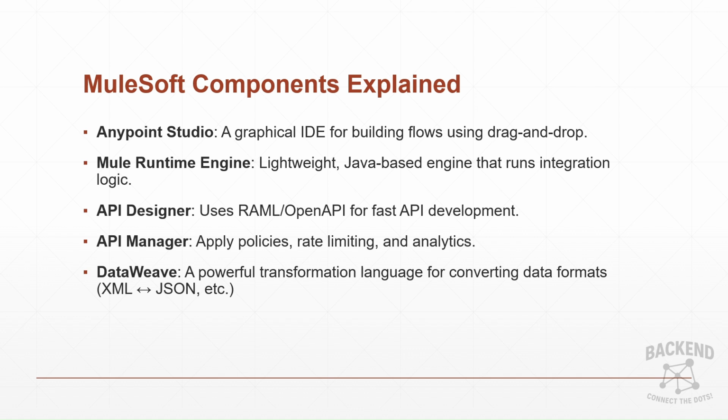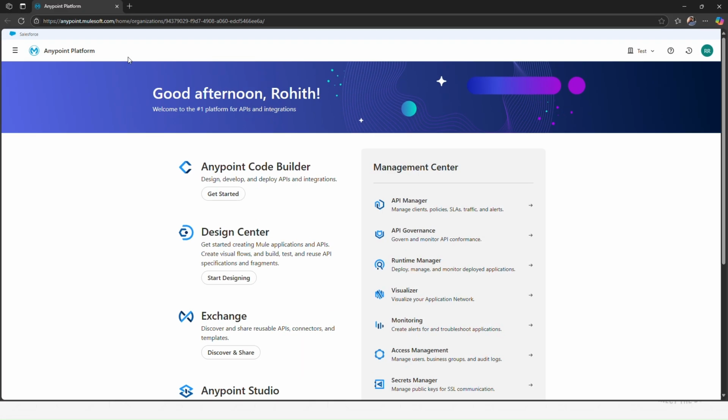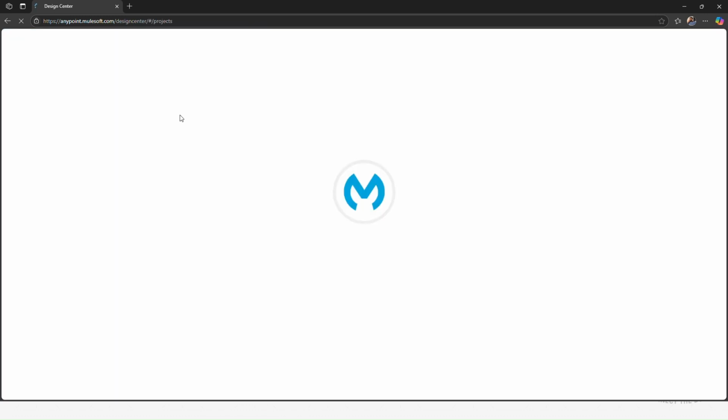or compile your application. Coming to the API designer, as I mentioned previously, I have shown you Anypoint Studio or the Anypoint platform. The API designer is in the design center. If you go to the Anypoint platform and open the design center, we give the specifications you want for your application. So here, if you go to the design center,